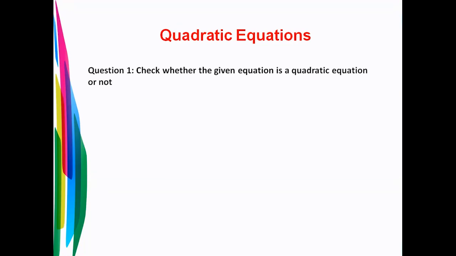So first we will learn how to check whether the given equation is a quadratic equation or not. As seen before, if the highest degree of an equation is 2, then that type of equation is called a quadratic equation. Let's take the first example. X square minus 7x plus 12 equal to 0. Here the highest power of x is 2, and it is of the form ax square plus bx plus c equal to 0. Therefore it is a quadratic equation. Next, x square equal to 16. I don't have the term with x, but still it is a quadratic equation.